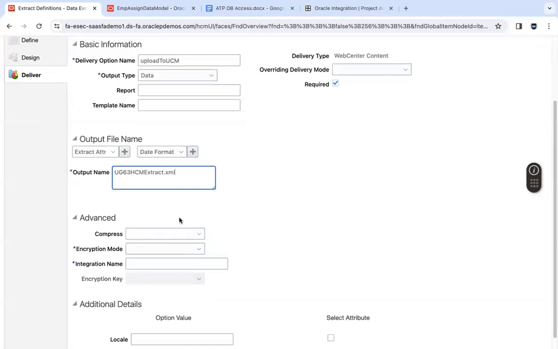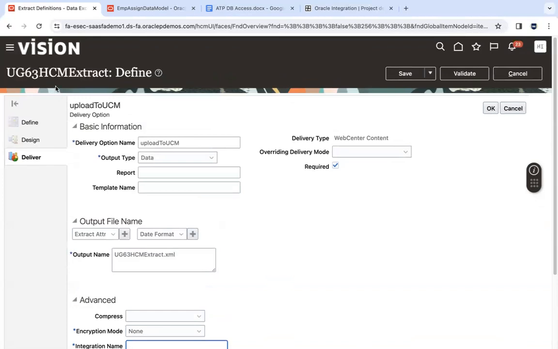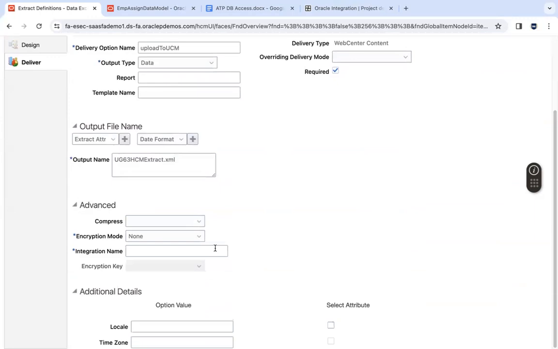And the output would be in XML format. I can compress it, I can encrypt it. But I don't want to encrypt it now, so I'll just say none. And we need to mention the name of an integration here. So this is important, guys. This particular integration name field is a mandatory field, and this acts as a link between HCM extract and the integration flow. So I'm going to use this particular name itself, the UG63 HCM extract, here as an integration